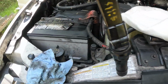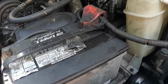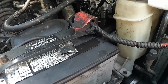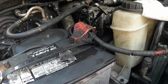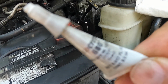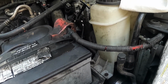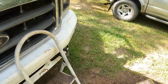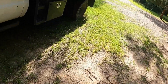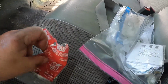And I don't know if my camera and I have been agreeing, but if you missed it, we just took the plug that we tightened up in there, and I don't know if the camera caught it, but it's Loctite that came with the kit. I said 620, it's 680, but that's what comes with that particular kit, and I'll get you the kit number. But you just put the new O-ring on the plug, lube it up, try not to get any lube on the threads, and then there's the